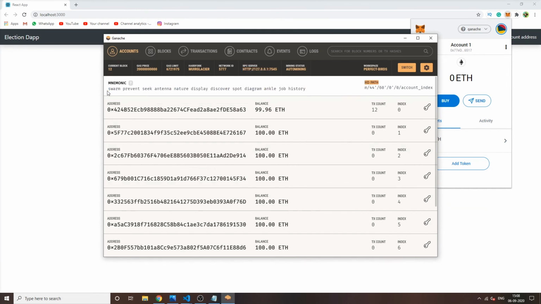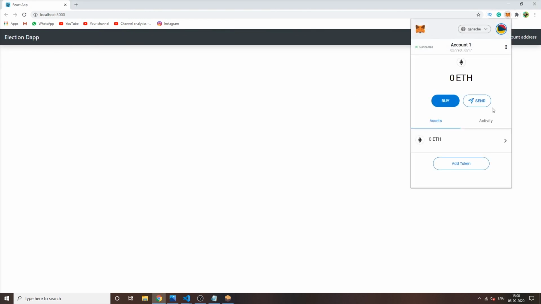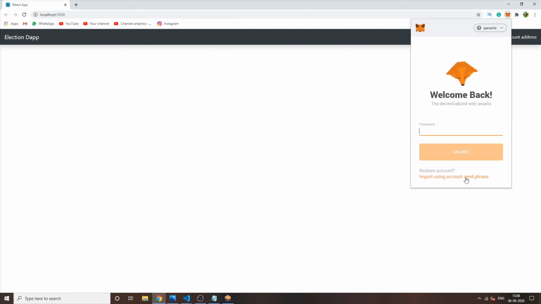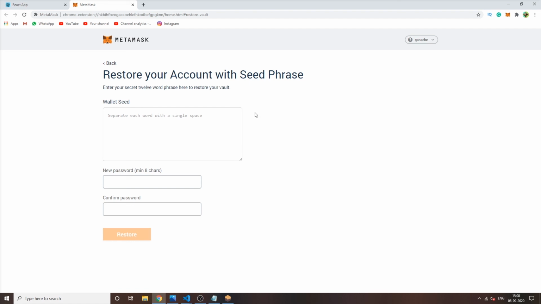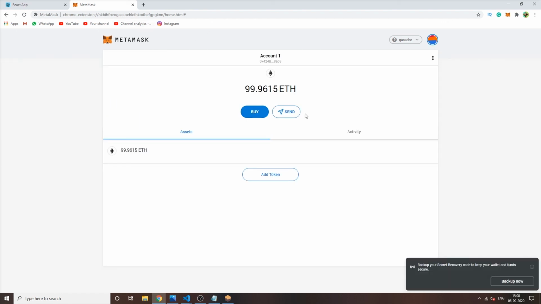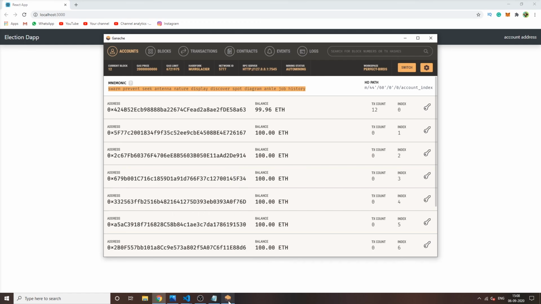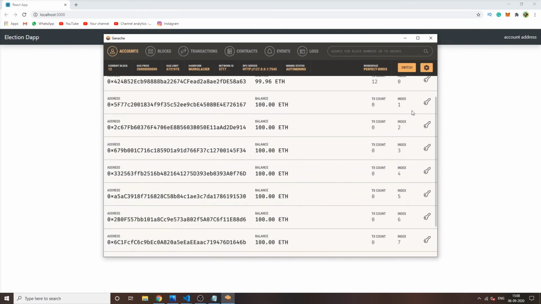So initially I told you to just copy this mnemonic. What this mnemonic does is a magical thing. Let me show you. Just lock your account and import using the seed phrase. Just type this and type any password. I am setting it as my password. Just restore and you will get all 10 accounts that were in Ganache.